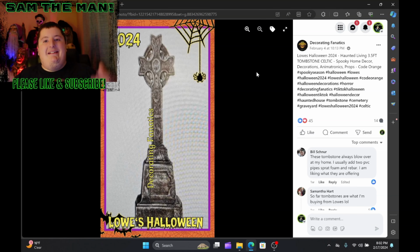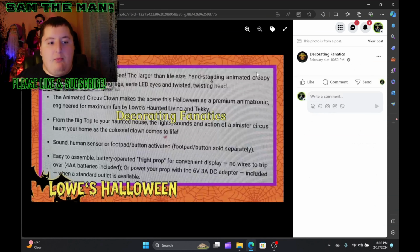Here is another tombstone. This is a 3.5-foot tombstone. It's a Celtic cross. As you can see, again, it looks very realistic. Something that I would probably purchase if it was resin. We will see. Here is an animatronic that I'm really excited for. This is the...